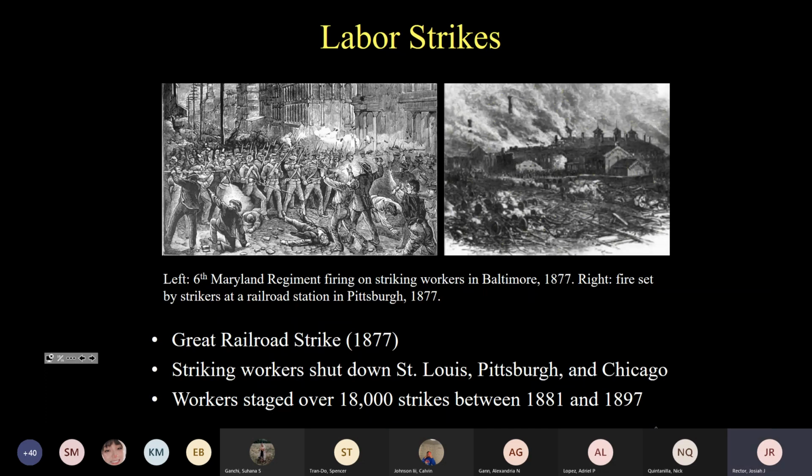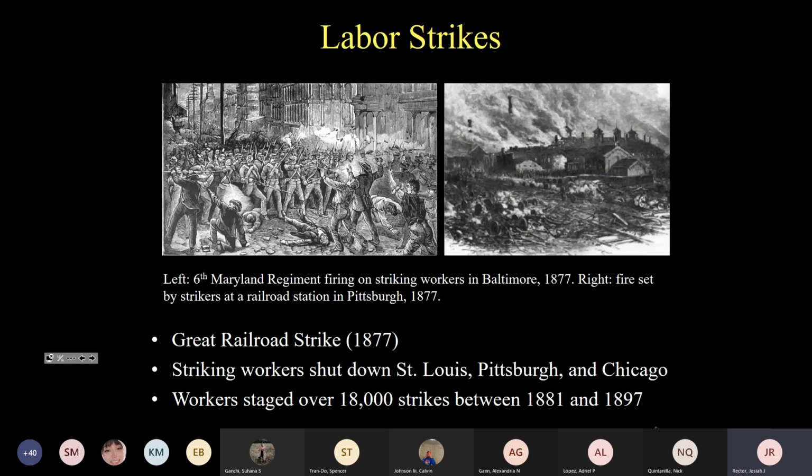So I talked before about the Panic of 1873 and how half of the railroads in the United States went bankrupt virtually overnight. The railroads that did not go bankrupt stayed afloat by cutting their workers' wages and laying people off. So, for example, railroad workers' wages fell about 60% between 1873 and 1877. So if you worked on the railroad and you kept your job, you were making a lot less money 4 years after the start of the Panic of 1873. You can imagine how difficult that would have been for many families. If you work for wages, if you have a job, imagine if your wages were cut 60%. How would that affect the quality of your life?